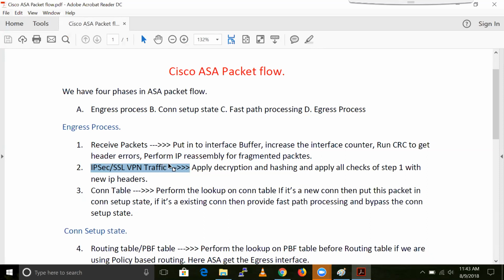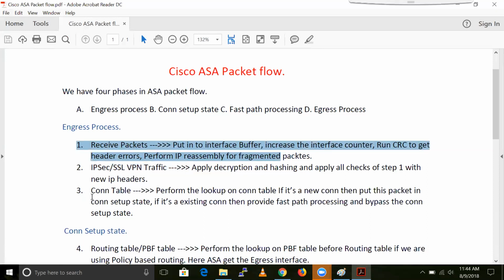So if this traffic is related to a VPN tunnel, then we apply the decryption and hashing and find out the new IP header. After getting the new IP header, we again put this packet into step 1, and all these checks are applied on that packet.